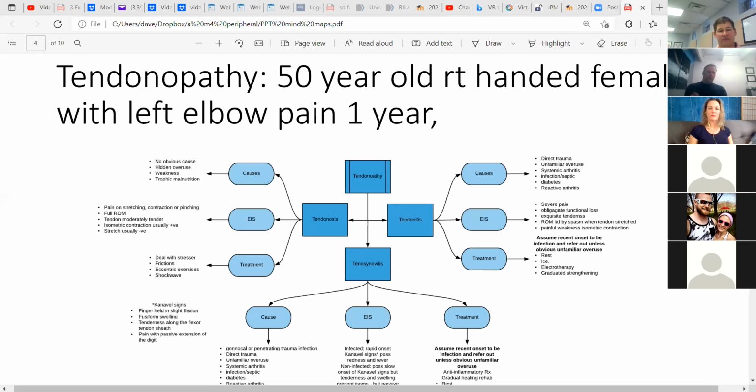Stretching may also be negative, but the isometric test can be positive, but it's going to be positive with the tendonitis too. So it necessarily doesn't help you differentiate from tendonitis. But really at this point, we're looking at severity of symptoms and onset. I think having this for 1 year helps. That what biomechanically